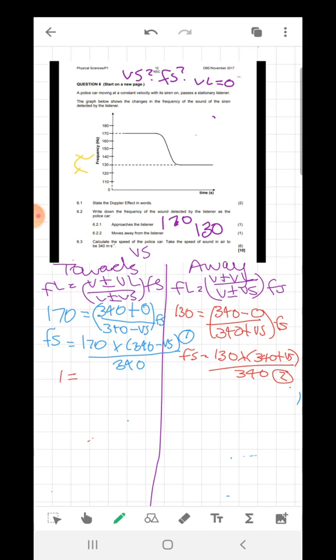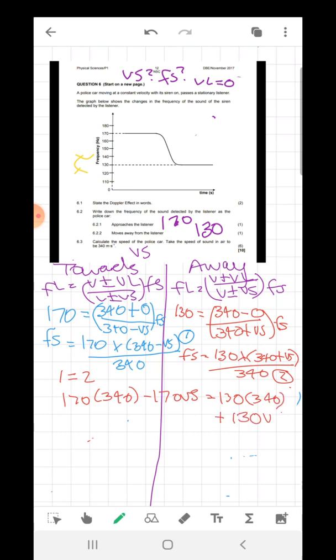Then you're going to say equation 1 is equal to equation 2, because both of them are equal to Fs, so that's why I can equate them. Now, both of them are being divided by 340, so you would multiply by 340 on both sides to get rid of it. I'm not going to show that step because I don't have space, but please show that step in your exam. So now I'm going to have 170 times 340 minus 170 Vs being equal to 130 times 340